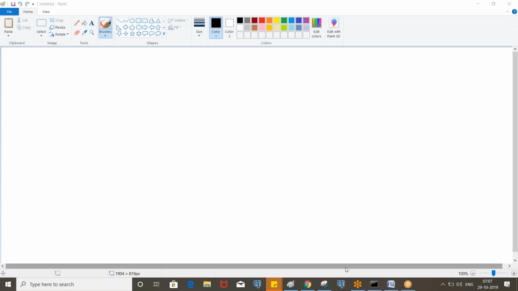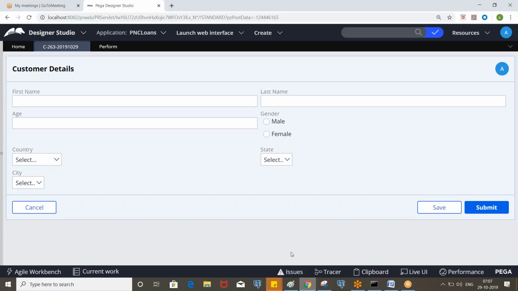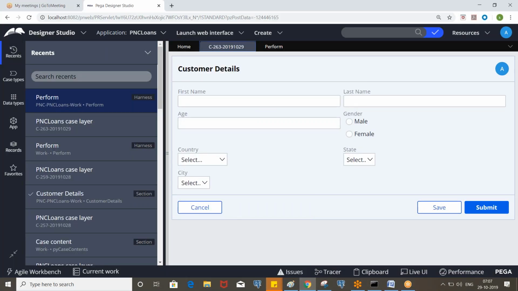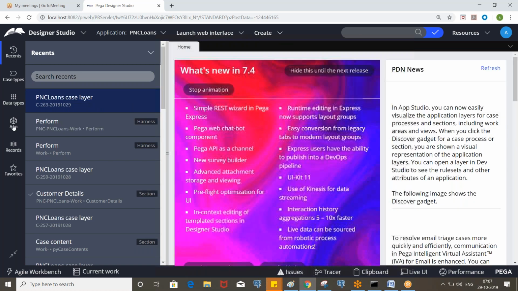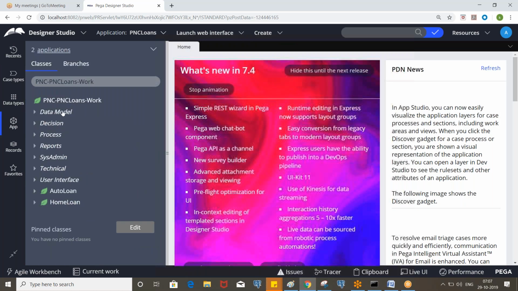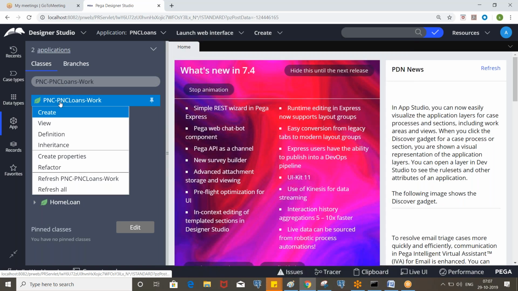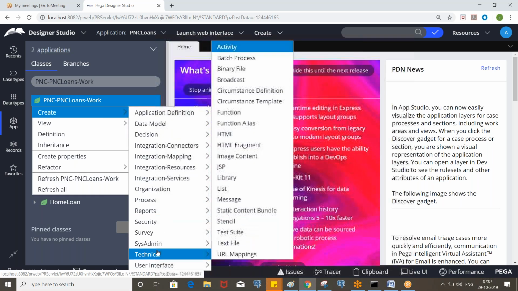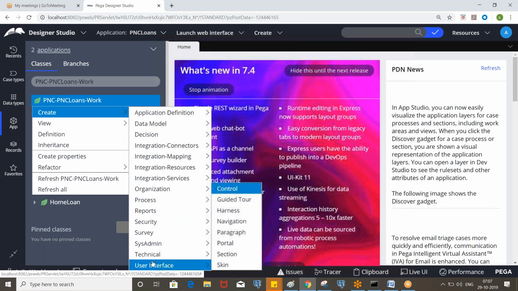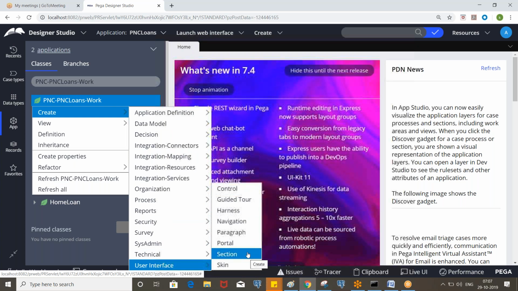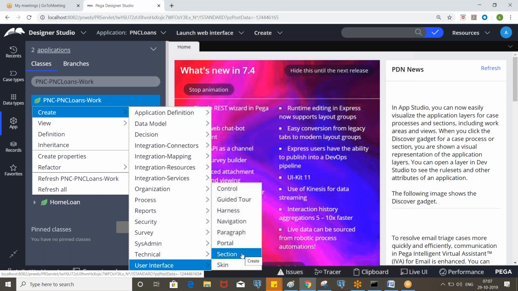So far we have worked on only the section rule from the user interface category, right? We have a few other rules like the harness, the paragraph, the portal, etc. So the section is some portion of the work object form, right?